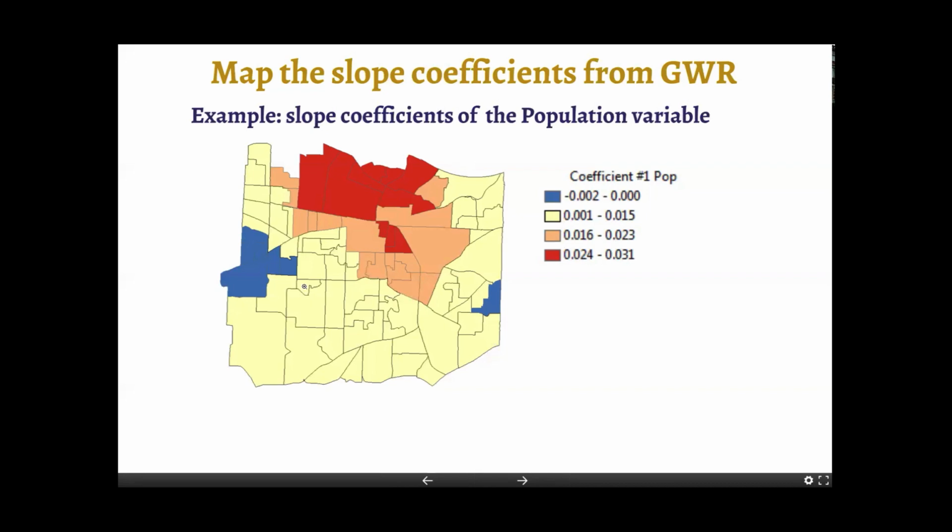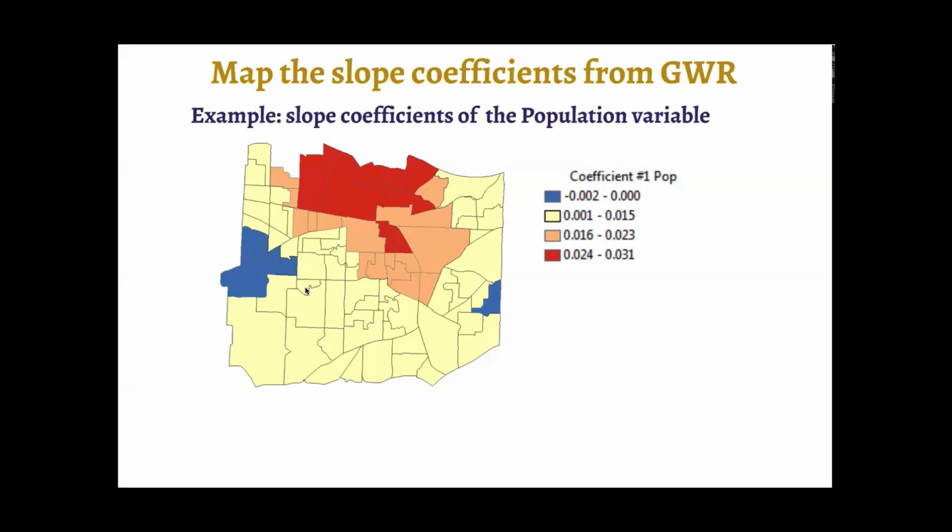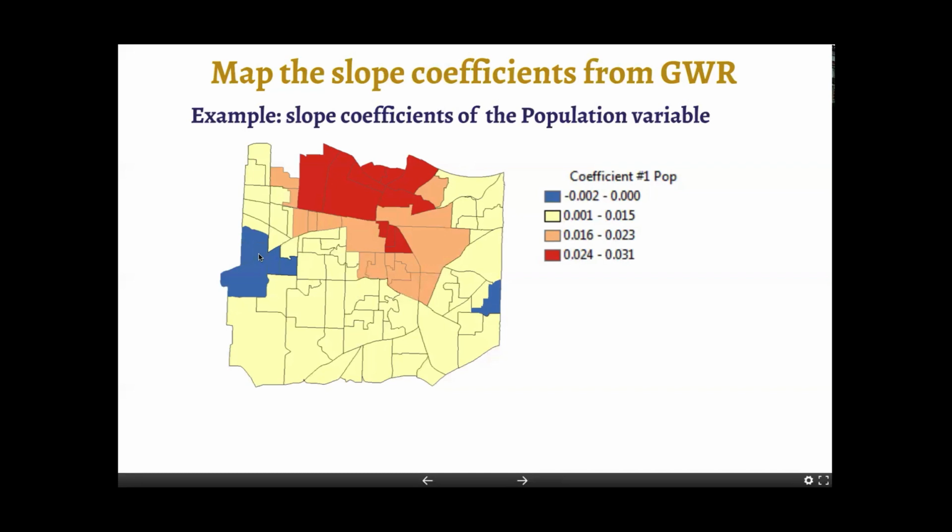Based on your empirical knowledge about the study area, you can keep digging into what is happening there. Maybe there are some other factors explaining why there's a negative relationship between population and the Netherlands cows at certain locations. And also, the majority of the census tracts in the study area have a positive relationship between